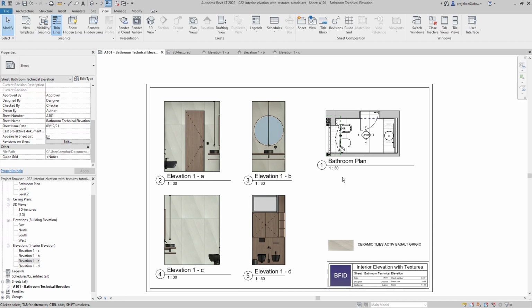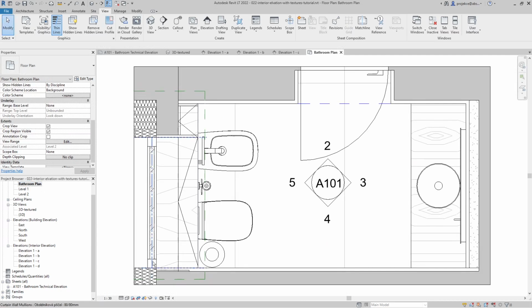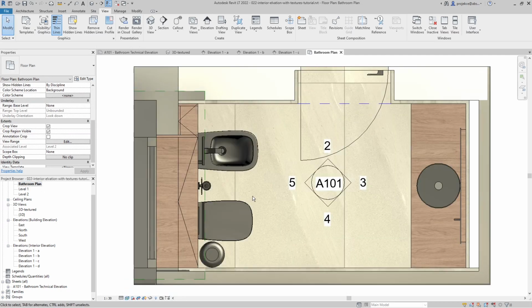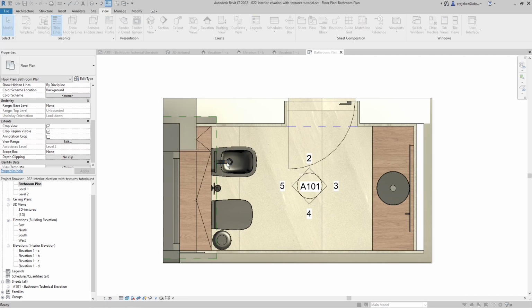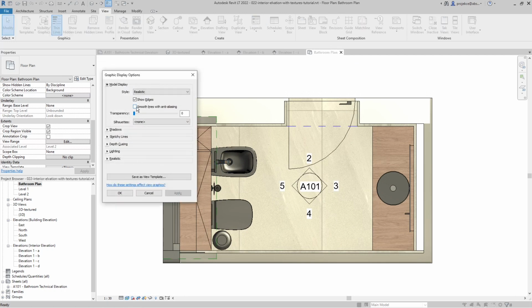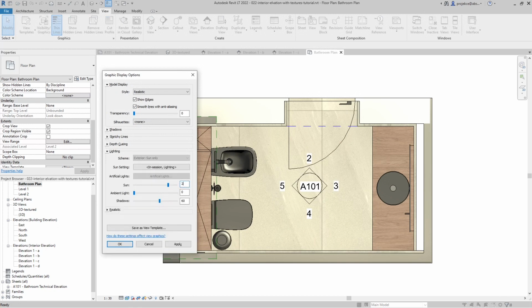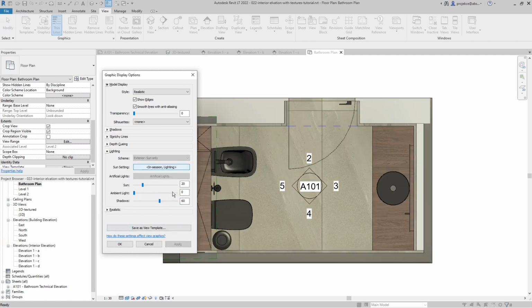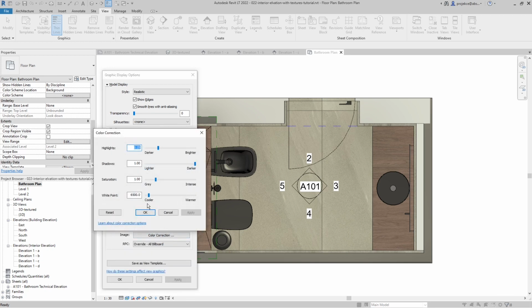And I don't have to set up each individual one. I cannot use my template for my plan view, so I will open the plan view and again change to realistic, and here again I have to set up smooth lines. I will set up lighting, too much sun, let's say 20. It's good to check how it looks because it will look different in plan view than what it looks in elevations. And now in realistic, I'll go to color correction, and I think we used